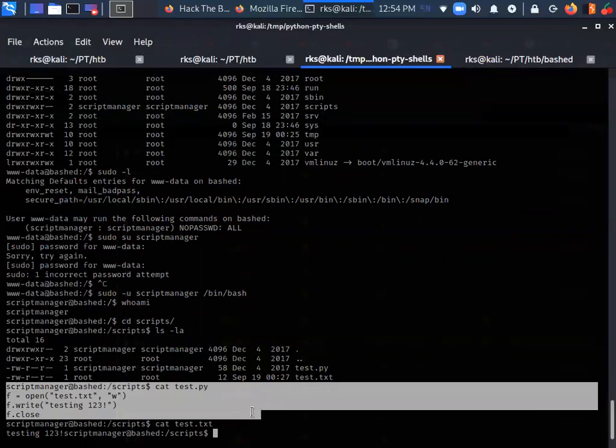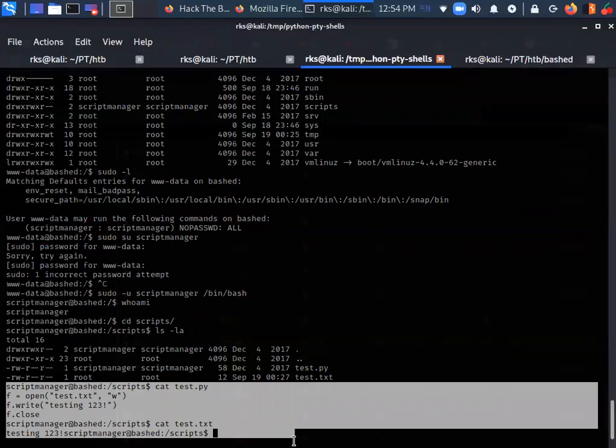Okay, so what the Python file is doing is it's opening a text file. It is writing something to the file, and in the text file I can see testing 1 2 3. Whatever Python file is writing, it is being written in text file.